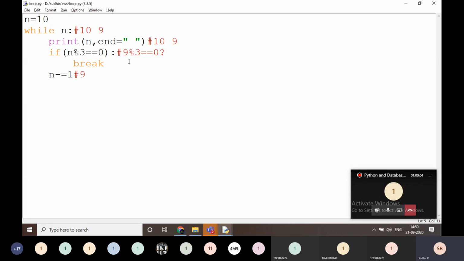And one more condition: for example, in the reasoning and arithmetic tests, only if you attempt more than 2 tests are you eligible to write the TCS exam. Like that, we are going to skip some number of students. At that time I am going to use continue here. That means I'm not considering that type of students here.